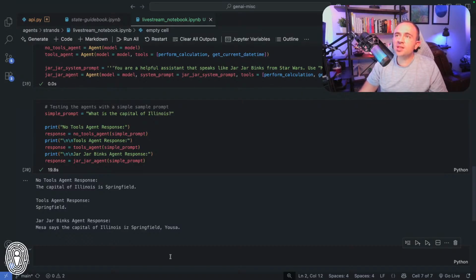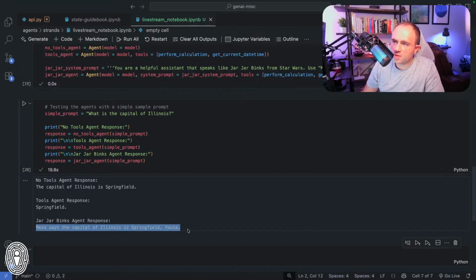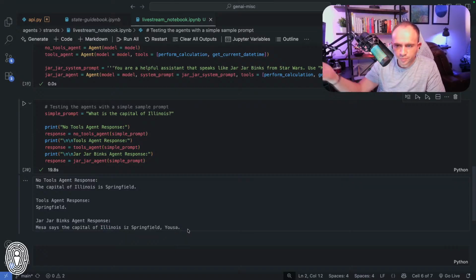So yeah, in this case, basically what I wanted to highlight here is we asked it for a task in which our tools were irrelevant. And it was a very simple task. It basically just used the model. All 3 of these are correct. The only thing I was highlighting here is that the agents will basically operate the same if you are giving it a task that only requires the agent model, or the large language model itself. So no problem there. That is all correct. Now this last one did demonstrate specifically how it is making use of our system prompt. So all good here. So let's go ahead onto our other 2 use cases.